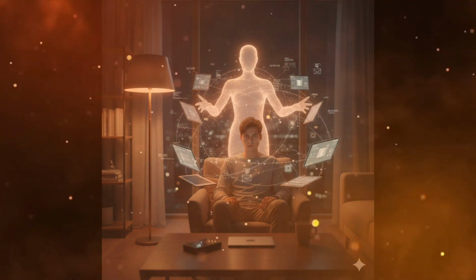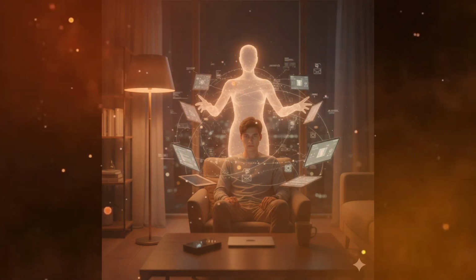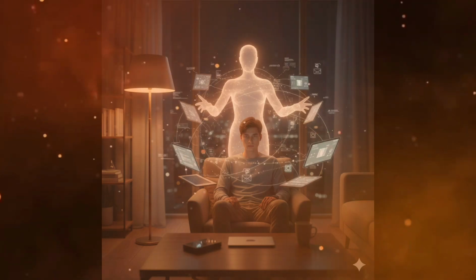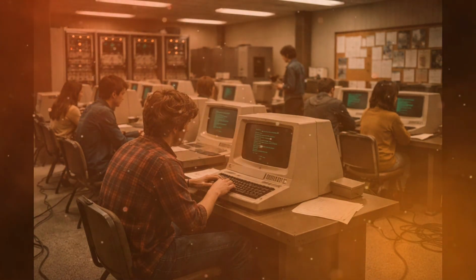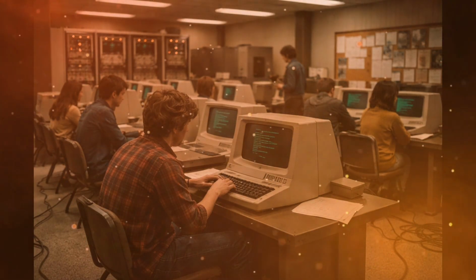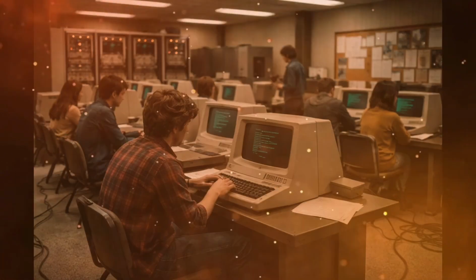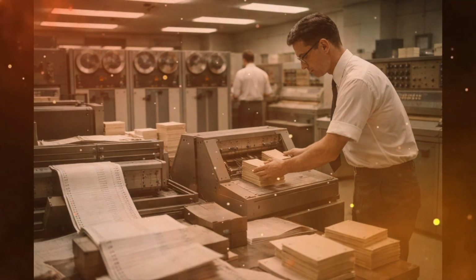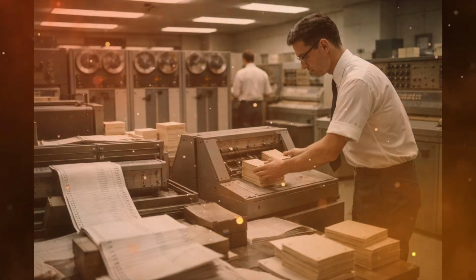Not flashy, not polished, but functional. And most importantly, open. Anyone could see the code, modify it, improve it. This collaborative style felt different. Less corporate, more communal. People worked on it at night, after classes, during quiet afternoons. It spread slowly. Servers began using it, developers experimented with it, universities adopted it. It wasn't dominant, but it was steady, and that steadiness mattered.